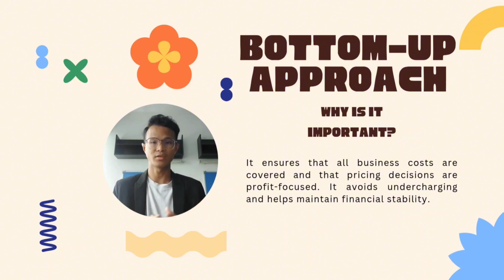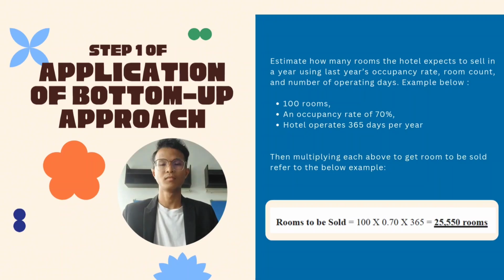In the hospitality industry, pricing mistakes can lead to losses, especially when profit margins are really tight. Bottom-up pricing is important because it provides financial clarity and control. It allows managers to know how much revenue they need to generate in order to break even and meet profit goals. To apply the bottom-up approach, to start, the hotel needs to forecast how many rooms it expects to sell by